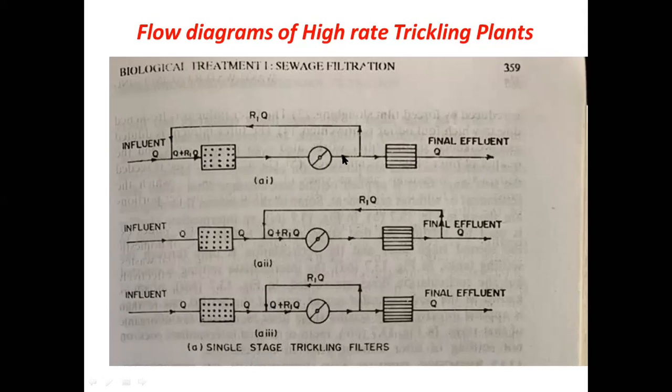In the first one, the recirculation started after the primary trickling filter. Now I told you what process is performed in a trickling filter. There will be a separation of organic impurities from the sewage. In a trickling filter, we are not removing the impurities from water. We are just separating them out, and they will remain over there in the same quantity of